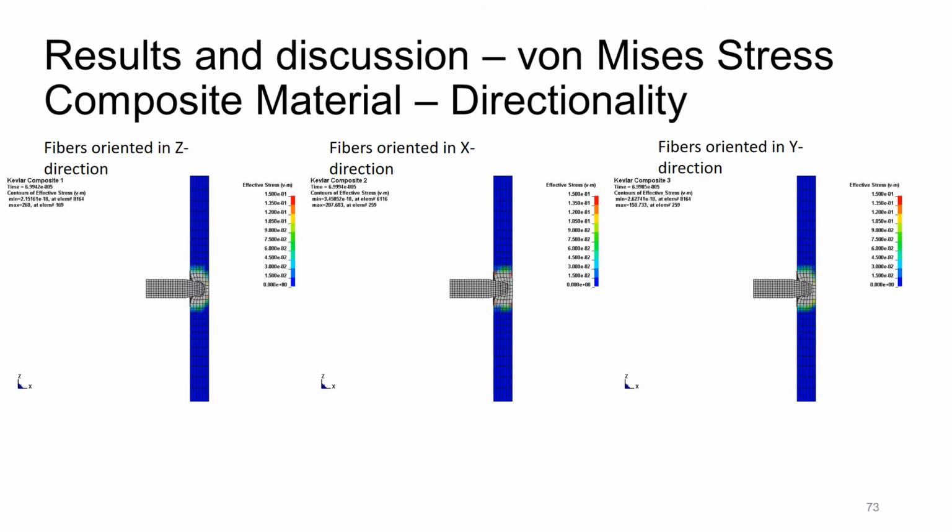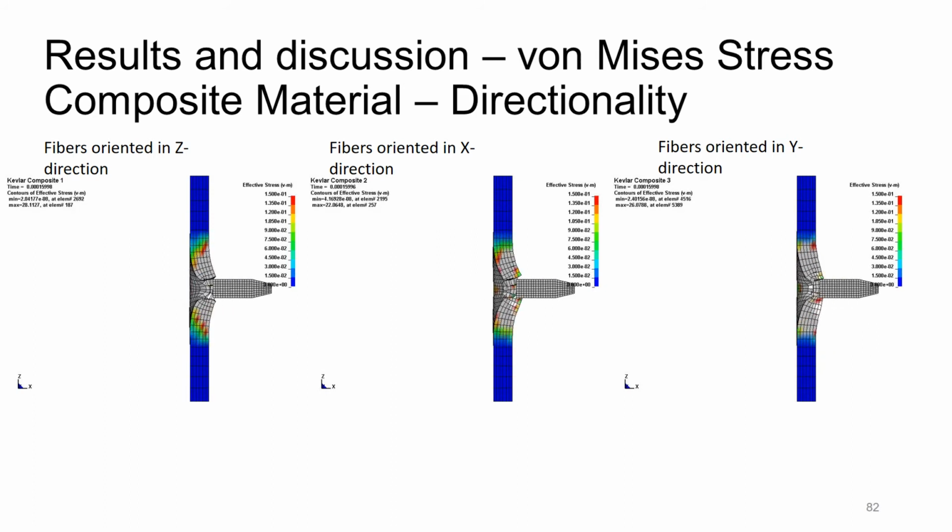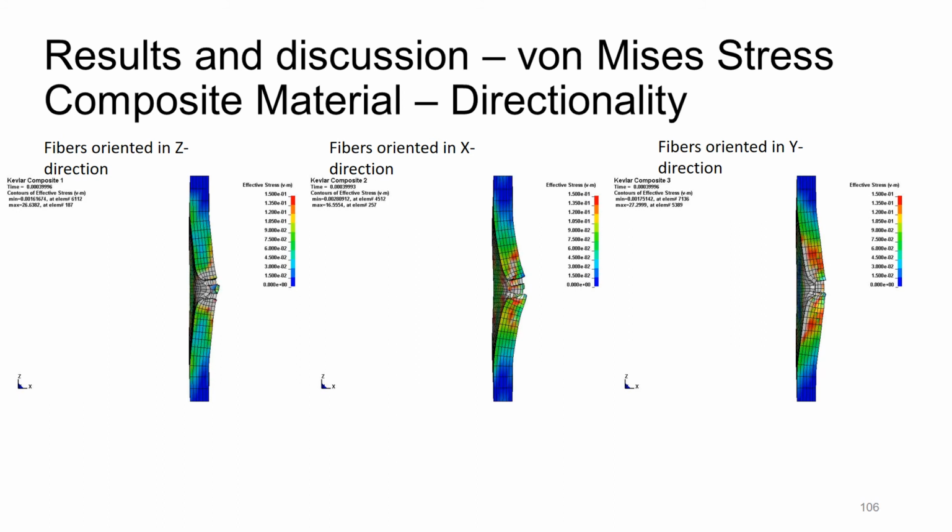So as you go through it, you see it's somewhat similar for all of them. However, the way the stress is distributed throughout the material is different. As you can see over here, the stress is all very localized in the impact area, but where the fibers are in the y direction, it is distributed a lot more, and there's a little bit